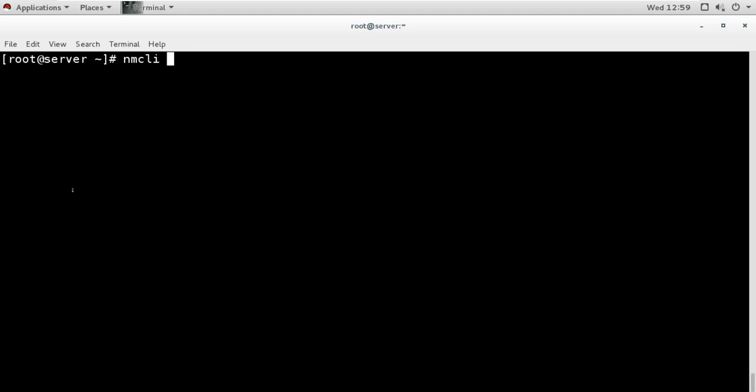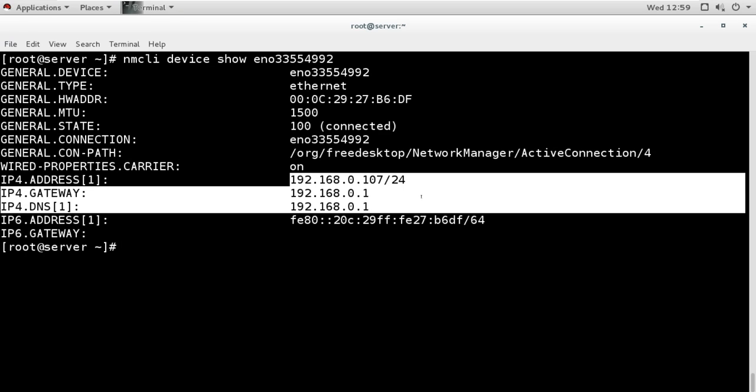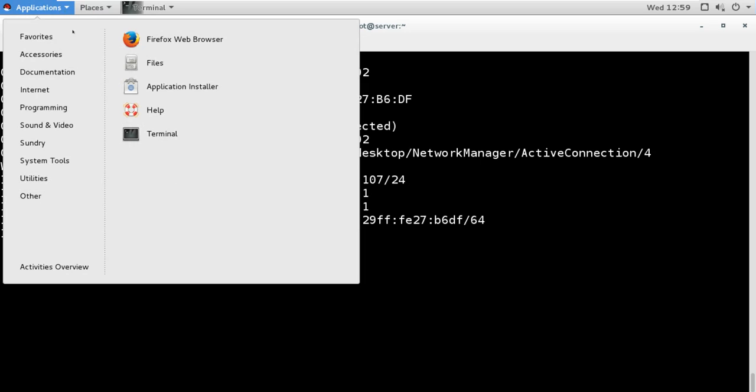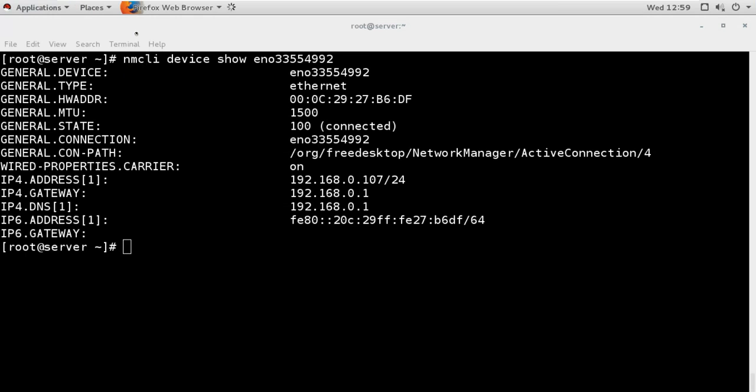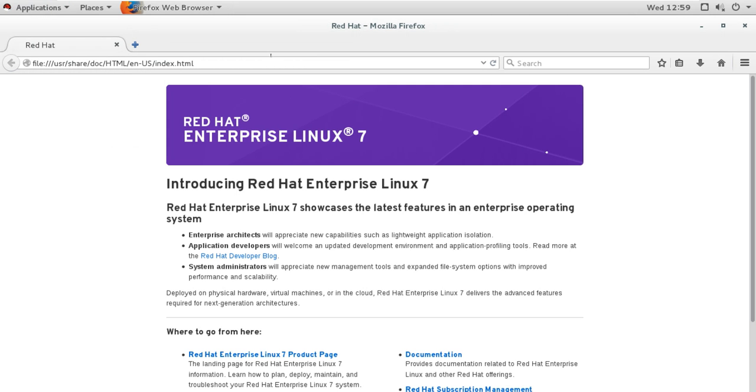nmcli device show and this device. So it gets the IP from the internet. And now let me check whether the internet is working or not. So I will go to the browser and check whether the internet is working.